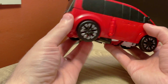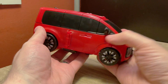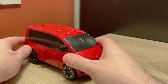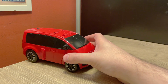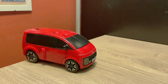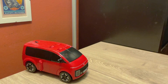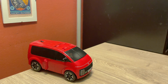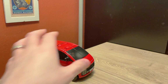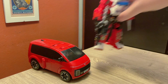And that's pretty much it for whatever new Tobot Z's van mode is. It's, like I said, just a puffy little van, which is fine. It gets the job done. It's okay. But it will all be worth it once we get to that robot mode, because it's pretty cool. Also, the transformation is pretty cool, but getting ahead of myself now,